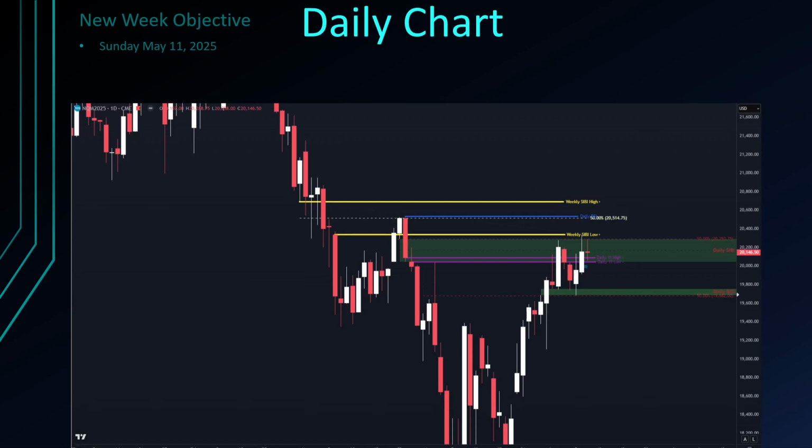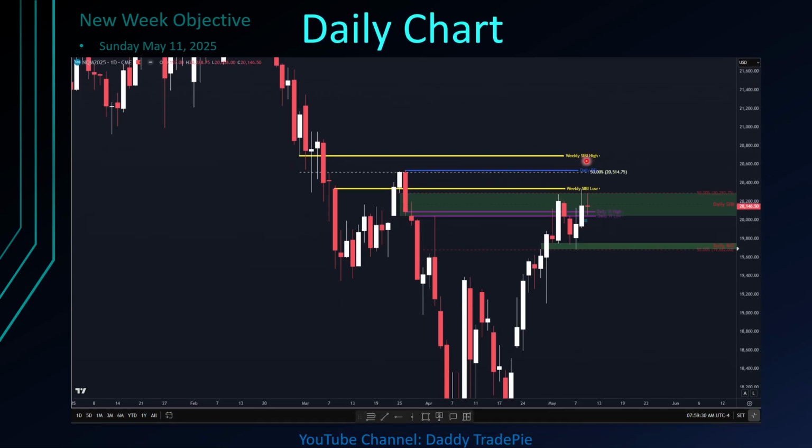Saying that, we go to the daily chart, where you can see the levels from the weekly. As you can see over here, this dashed line in red and the consequent encroachment of the weekly inefficiency in light yellow. Also on the daily chart, I highlighted this swing point over here as a daily buy side liquidity, but based on the things that happened in the current week, the previous week, and the week before that, I'm going to have a little bit different view over here.